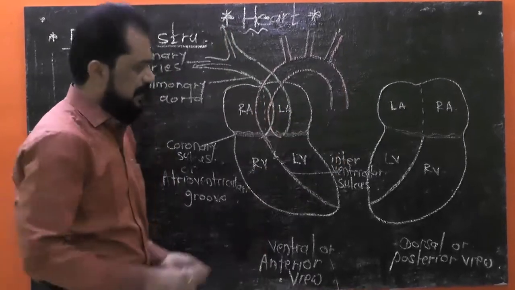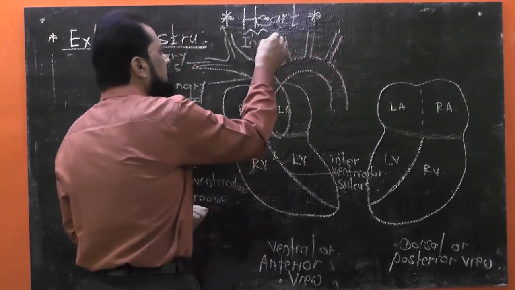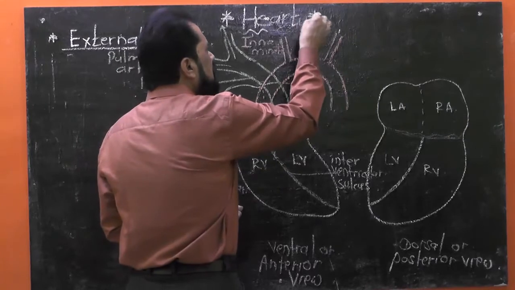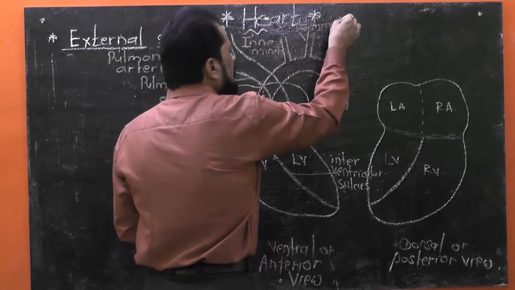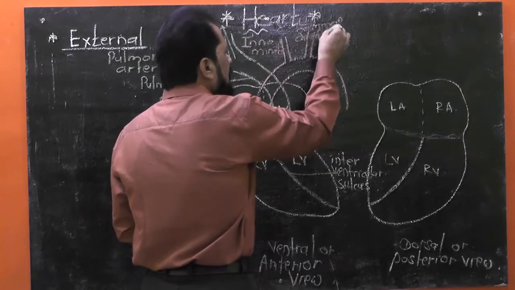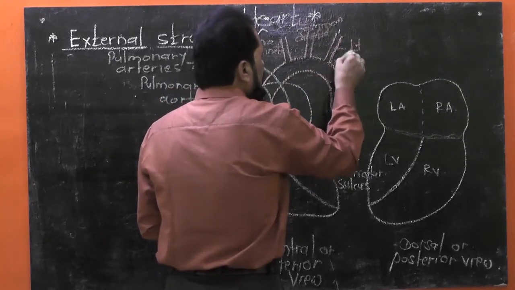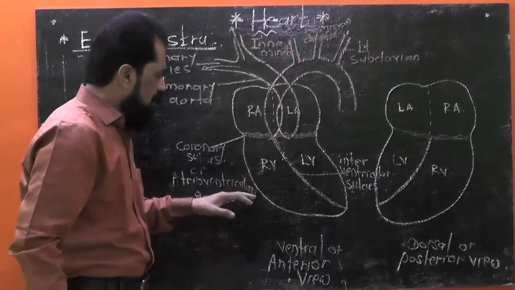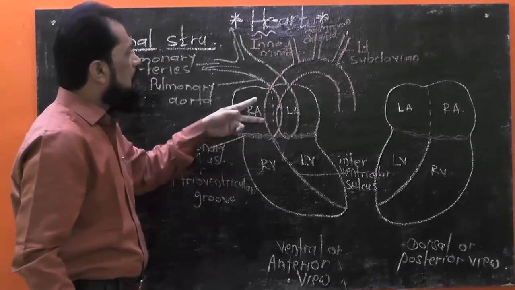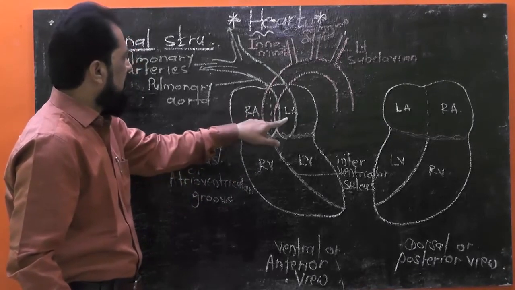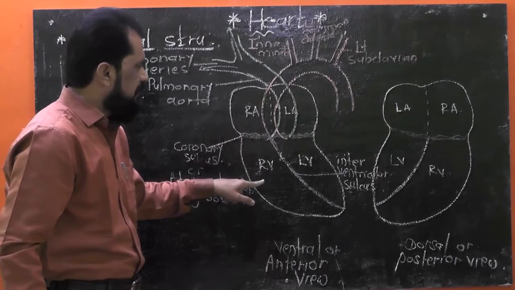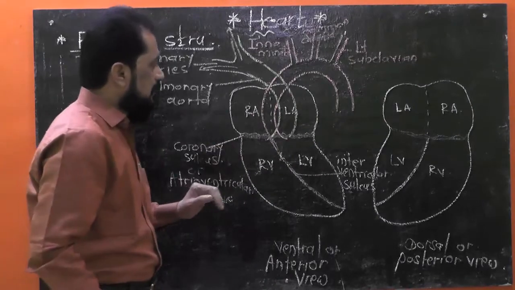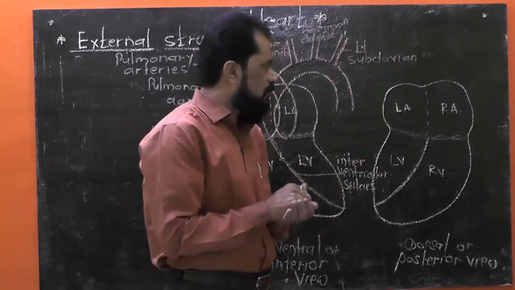Let me show. Such as the innominate artery, also known as brachiocephalic artery, then left common carotid, this middle one is known as left common carotid artery, and this one is known as left subclavian artery. Left subclavian artery. It means along the anterior view we can see the two large blood vessels such as the pulmonary aorta arising from the right ventricle and systemic aorta arising from the left ventricle. While in dorsal view, in posterior view, different blood